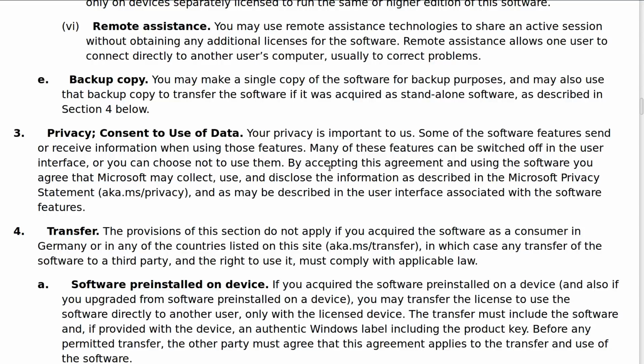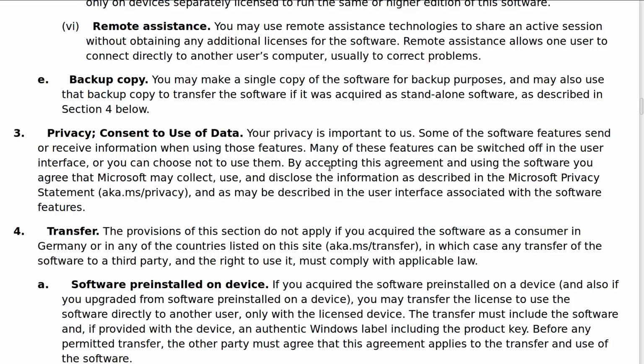First of all, it starts out with a lie. Your privacy is important to us. First of all, your privacy means absolutely, positively nothing to Microsoft. The more problems you have with your machine and the more you call them for support and pay for their tech support, the better they like it. So you just put that right out front. Also, Microsoft wants to sell your data. They want to collect it, they want to sell it, and they want to make money off of it. All of these multi-billion-dollar corporations do. All right? So that's a lie straight off the bat.